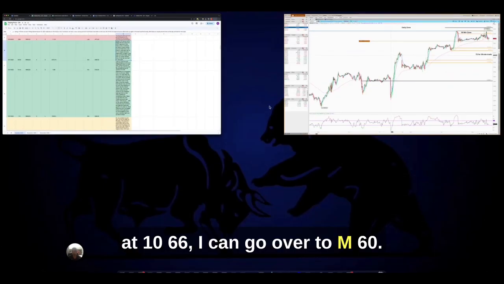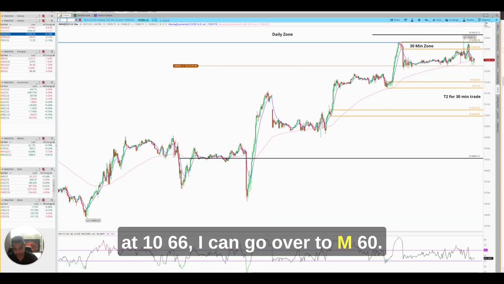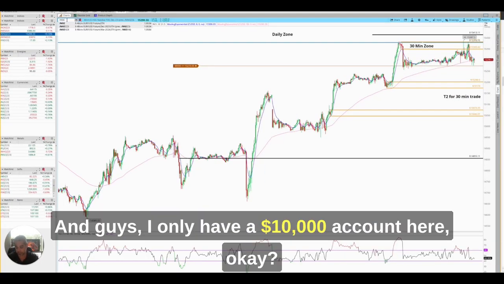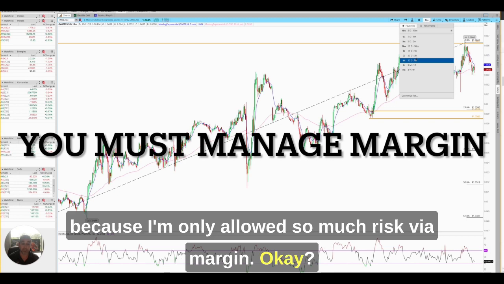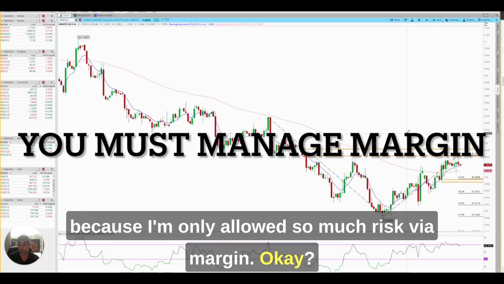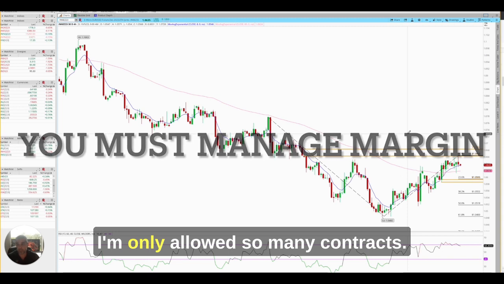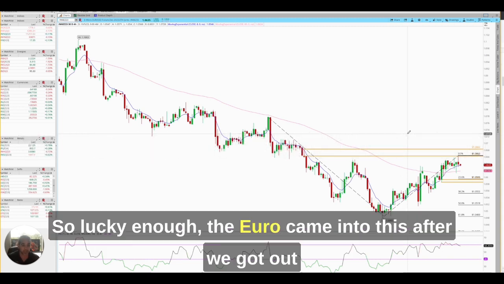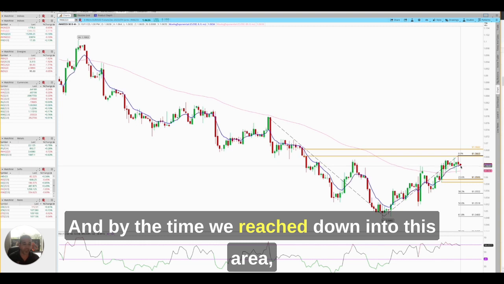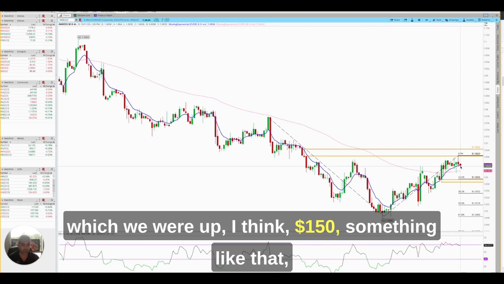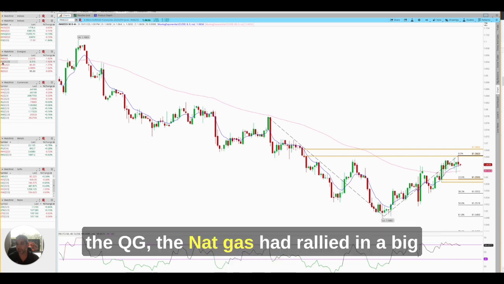On the euro at 1.066, I can go over to M6E. And guys, I only have a $10,000 account here, okay? So I'm very, very cautious about how many contracts I'm taking because I'm only allowed so much risk via margin, okay? I'm only allowed so many contracts. I only have on so many positions. So lucky enough, the euro came into this after we got out of our NASDAQ trade, and we got short here at 1.0663. And by the time we reached down into this area, we were up, I think, $150, something like that,